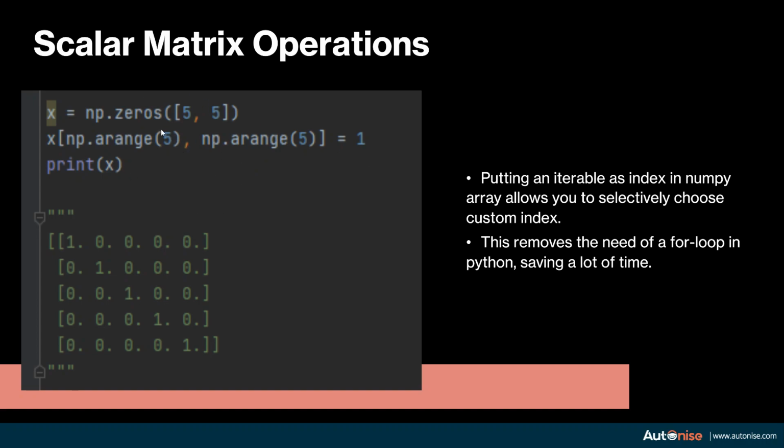So you can have any iterable in the x dimension and any iterable in the y dimension and set its value to any value you want. This reduces the need for using for loops, and as you know, using for loops in Python is very costly. So this saves a lot of time computationally.